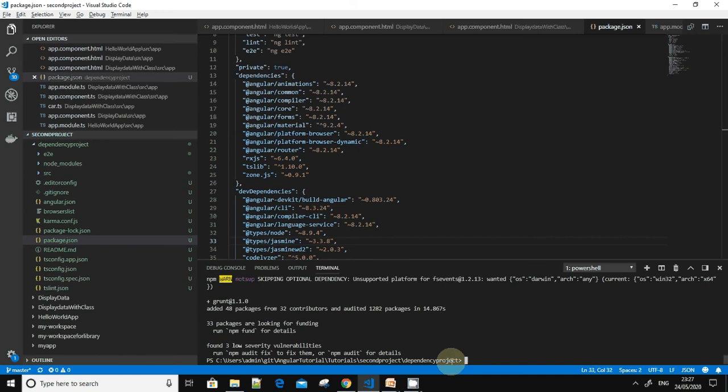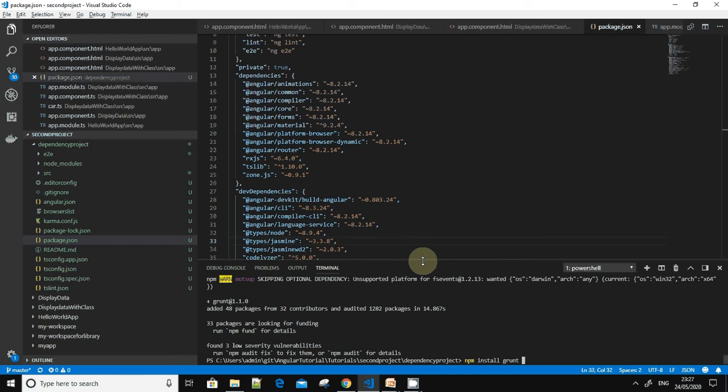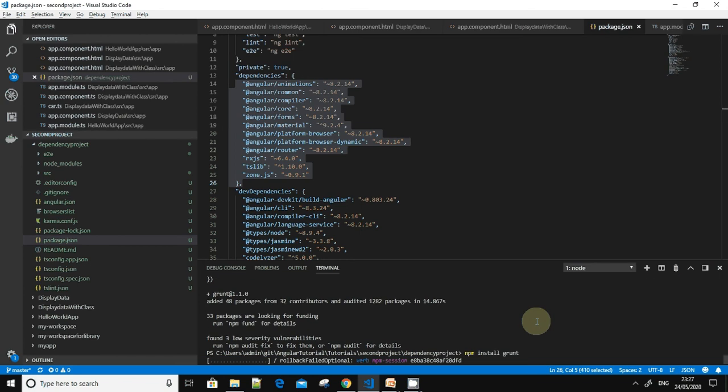So I'm inside the project, and I will type npm install, then download one dependency called grunt. If I don't use save-prod, the package will still get added into the dependencies. So I'm just pressing enter. Immediately it has started downloading the dependency from the internet as an npm package.